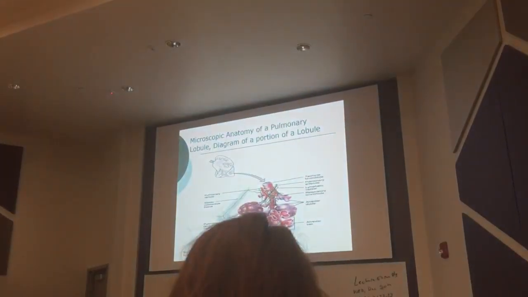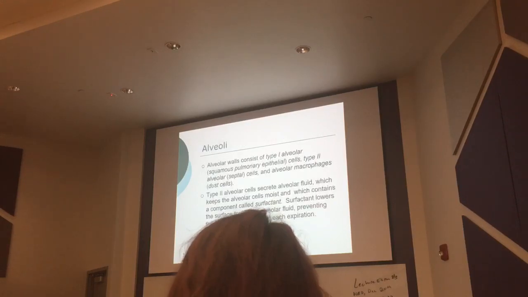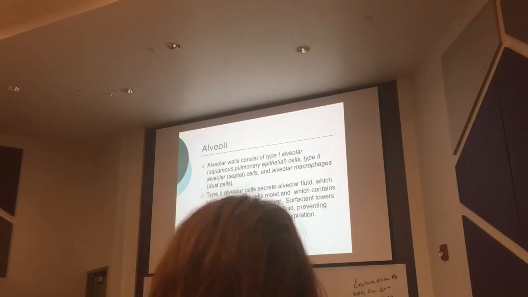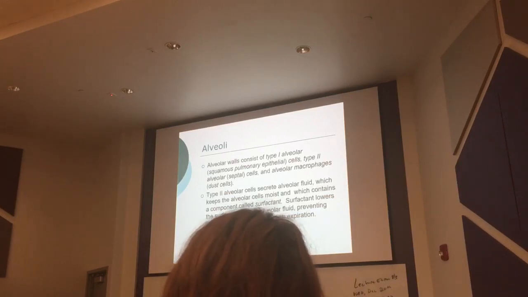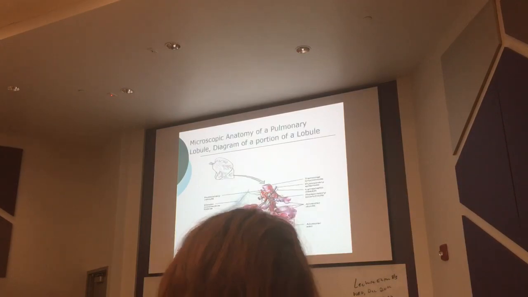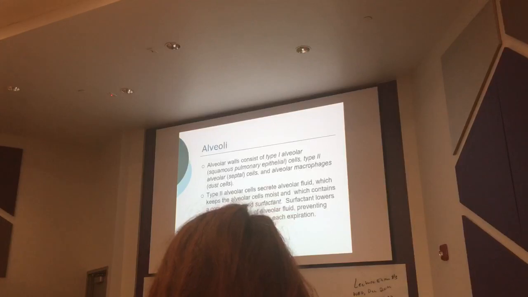And look at this here, it's elastic connective tissue, so when you breathe, it stretches and recoils back. We have different types of cells that make up the alveoli. We have simple squamous epithelial cells, pulmonary epithelial tissue. Flat cells allow rapid diffusion: oxygen is leaving, CO2 is going in.